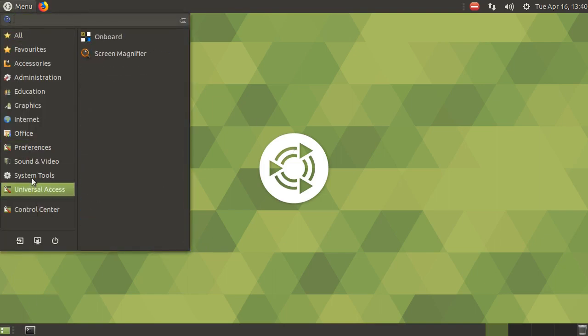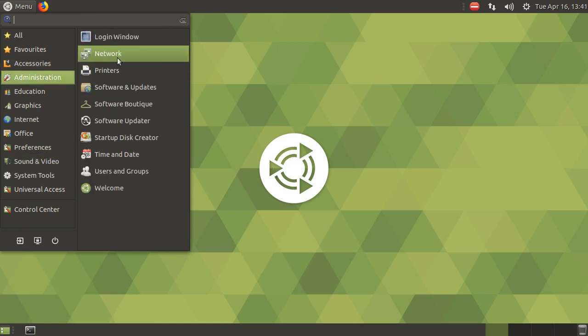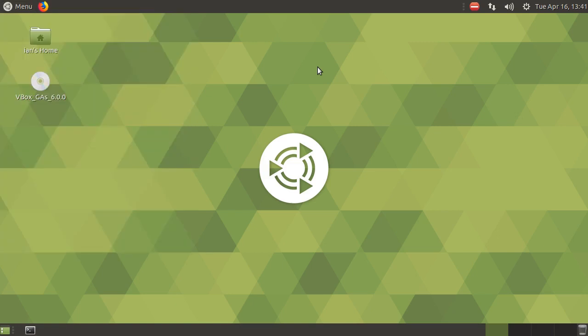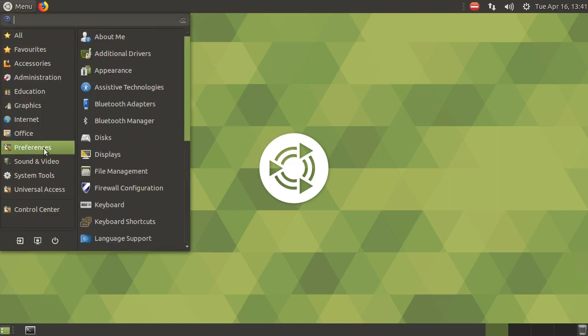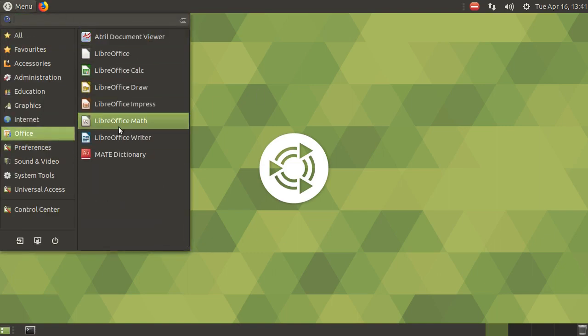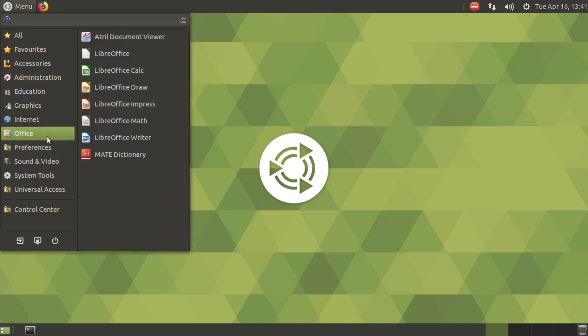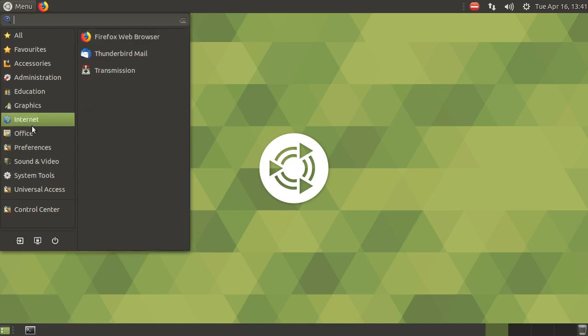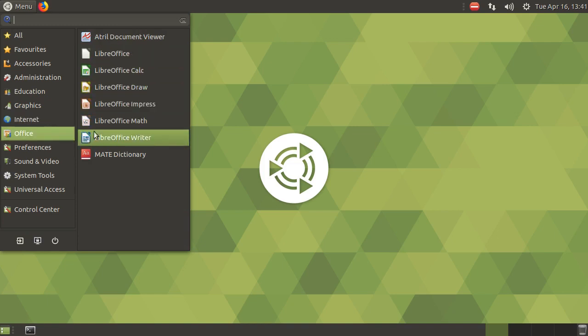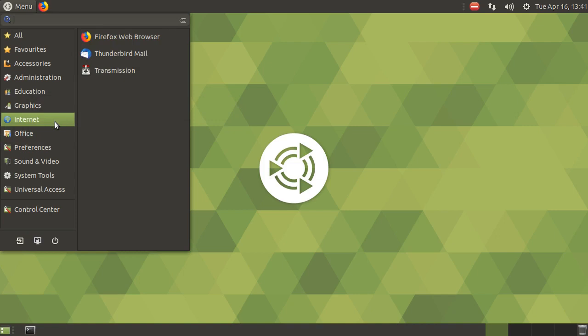So I think I'm ready to say my final opinions on Ubuntu MATE. Application-wise, it is very similar to stock Ubuntu. So if someone is used to it, they can see basically the same applications are used in this. They got LibreOffice in here. They actually got more LibreOffice stuff, I think, than Ubuntu 18.04. Where did the LibreOffice stuff go? There they are. Yeah, I think that's all of them. They don't have all of them in Ubuntu.